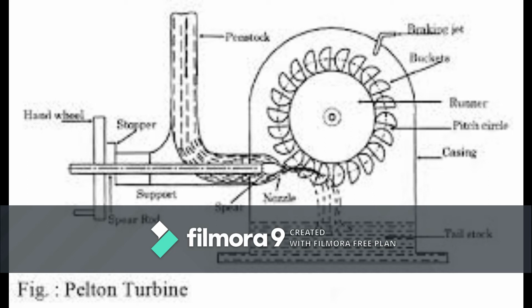Second is the spearhead. What is the use of the spearhead? The spearhead is used for the control of flow of water from the penstock through the nozzle to the turbine. Next are the blades, which are mounted onto the wheel. They are cup shaped, almost hemispherical in shape. In between there is a splitter end which is used to split the water into two. The angle of this is 165 degrees. Now that's about the tail race, collecting the water from the turbine back into the reservoir.